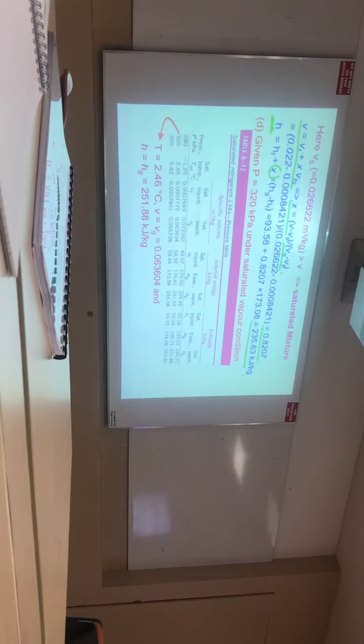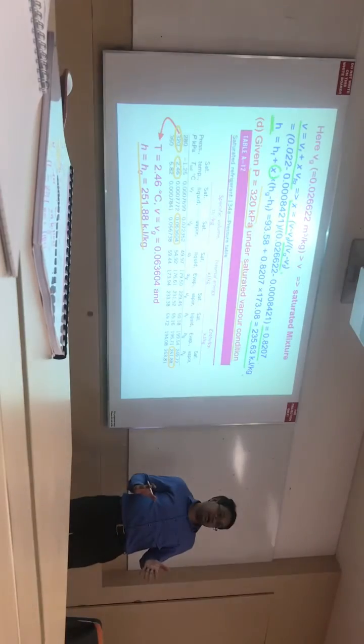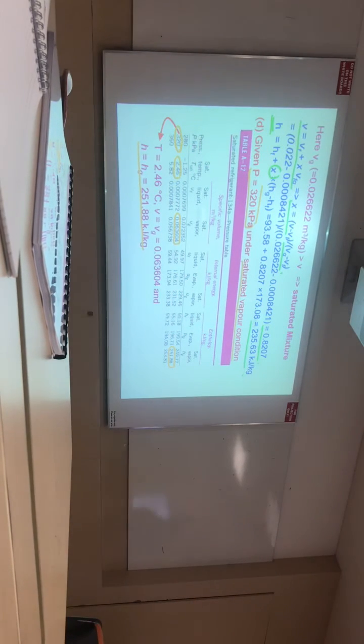this question, pressure is 320 kilopascal under saturated vapor condition. So 320 saturated vapor is VG. Temperature is 2.46 and H becomes HG. Then you can get this answer. It's very simple. You just use the table. Not difficult. But you have to practice now. If you don't practice, everything is difficult. And the last question,